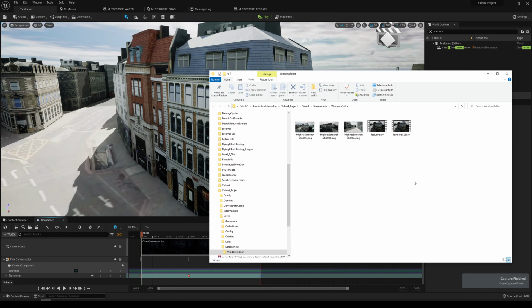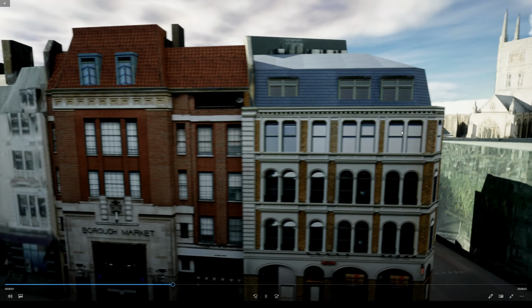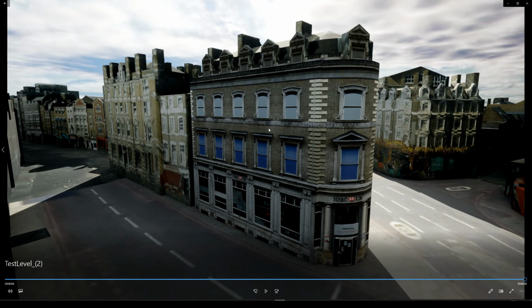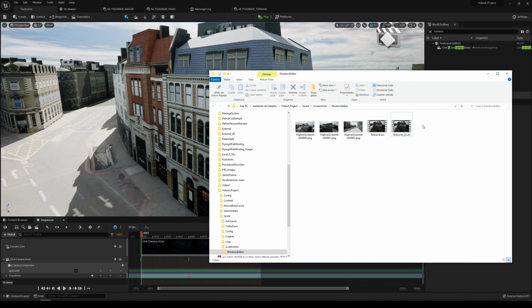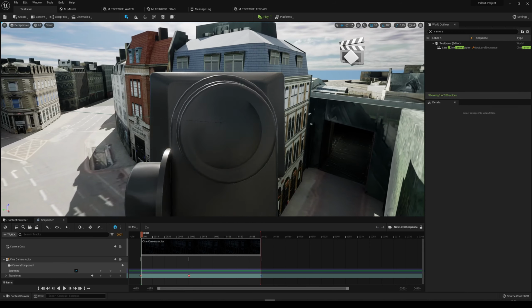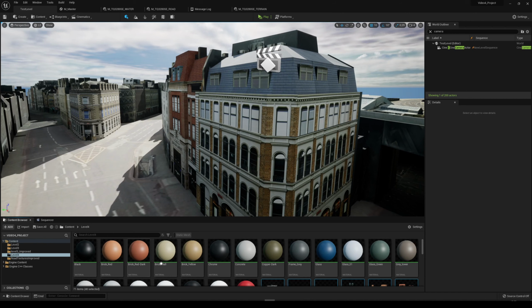I'm going to open that up. You can see that we now have test level 2, which is our higher quality one, and you can see, well, it actually looks great, or better than the other one. Then you can see the quality of the buildings here. So that actually looks better. I'm going to leave both of them. Okay, so let's close that up. That's what I wanted. And now let's actually go back into our content browser here, save everything, and